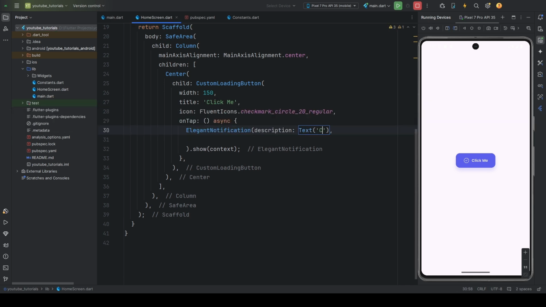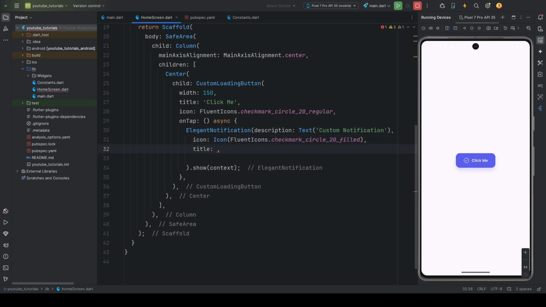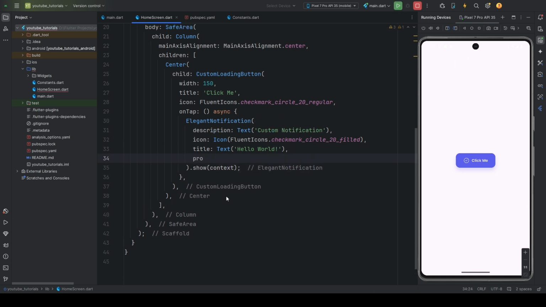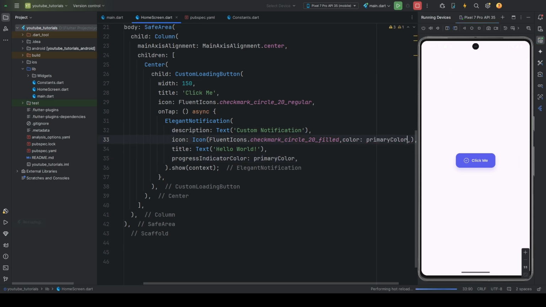Just initialize Elegance notification and pass description inside it. Give it an icon, title, and boom, your customized notification is ready. You can even change progress bar color by assigning progress indication color with your favorite color. Add some styling to your icons and text and you will have your own custom